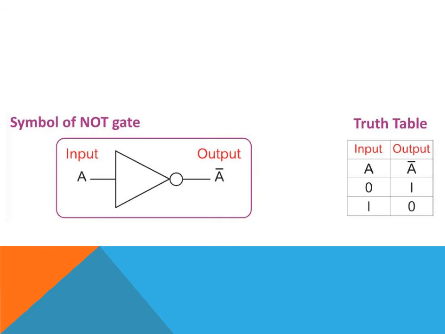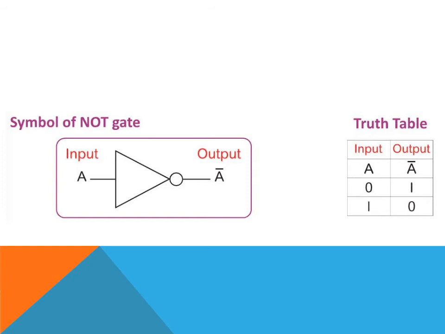So this is the simple diagram, the symbol of a NOT gate. There will be a triangle, a tilted triangle actually, and a dot at one end. That dot will represent the output line, and the base of the opposite side of the triangle will represent the input line. Remember this diagram. Okay, remember this symbol. This is very important. This is the symbol for NOT gate.